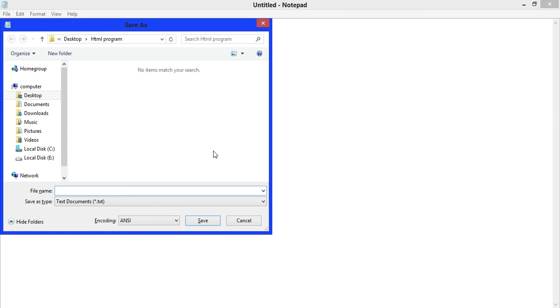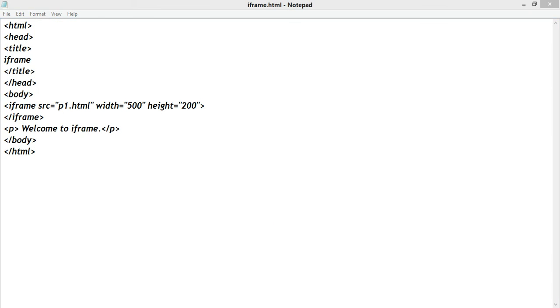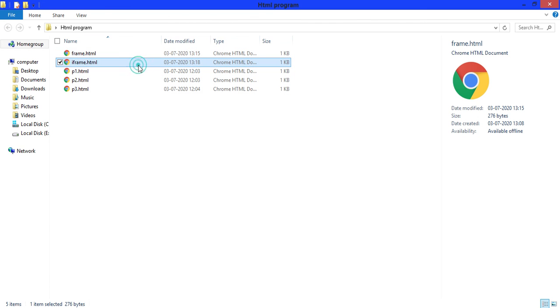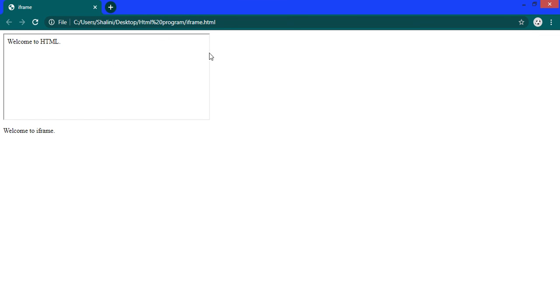Right here, now run this iframe.html. See here a rectangular box in which the web page p1 is displayed.